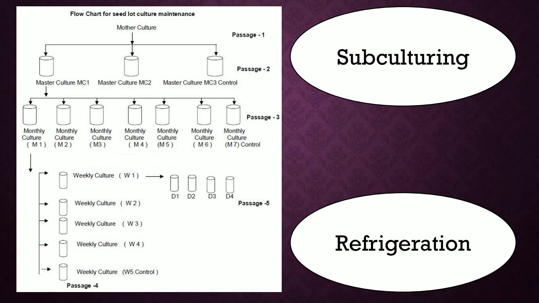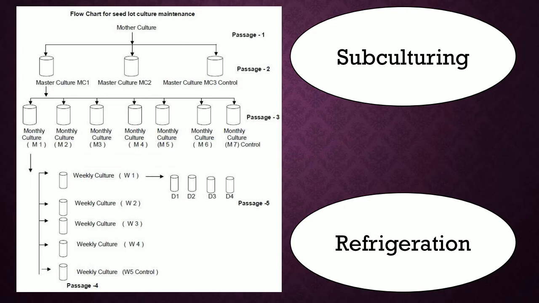So subculturing is usually clubbed with refrigeration. Now in refrigeration, we store the cultures which have been subcultured at 0 to 4 degrees Celsius in the refrigerator, or it could be in a cold room, where we have not exposed the organism to freezing temperatures, but we are keeping it at a very, very low temperature. This low temperature will slow down the metabolic activity of the organisms and make sure that the organisms are growing at a very slow rate, but they stay alive. This aids us to keep the organisms for several weeks or even a few months.